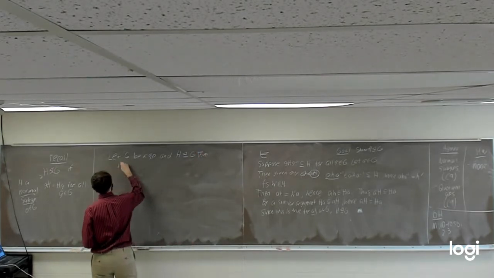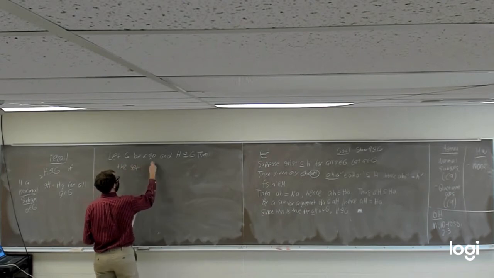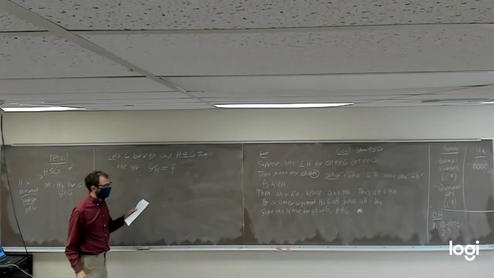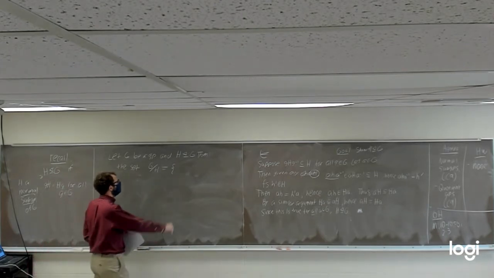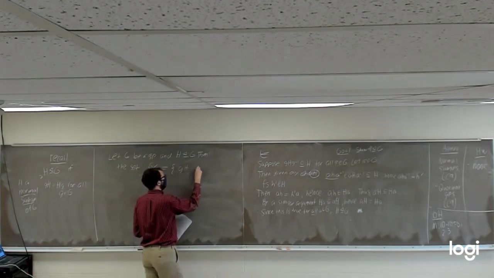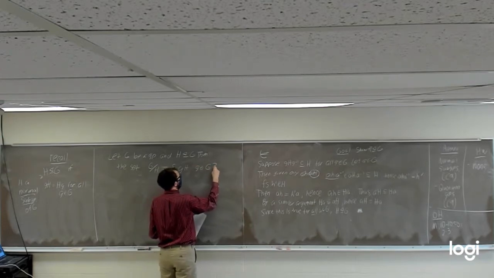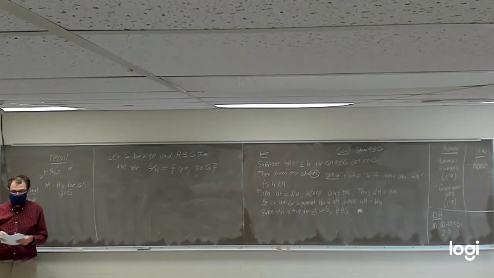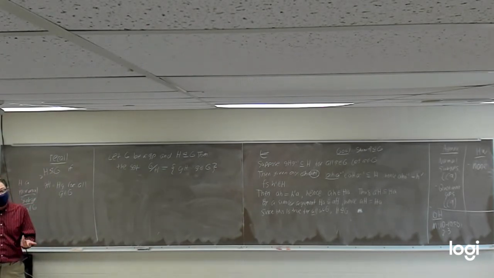Then the set, which you're going to read as G mod H, which I'm just going to define to be the set of all left cosets of H. If we take the set of all the left cosets of H, which, since H is a normal subgroup, is going to be the same as the set of all the right cosets,